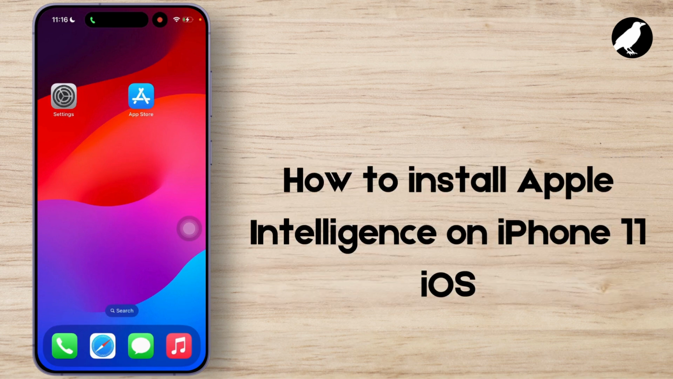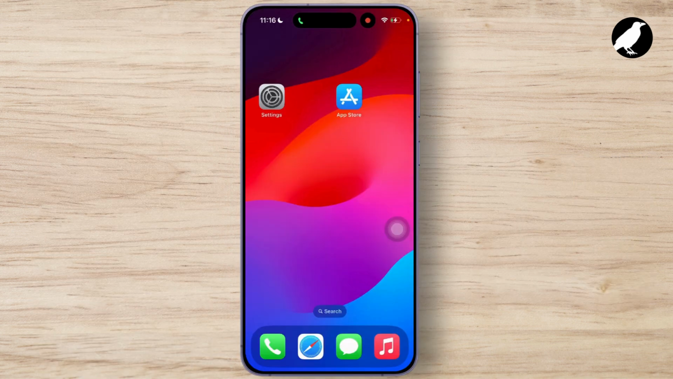How to install Apple Intelligence on iPhone 11 iOS 18. So let's get started. In order to do that, all you have to do is open the App Store